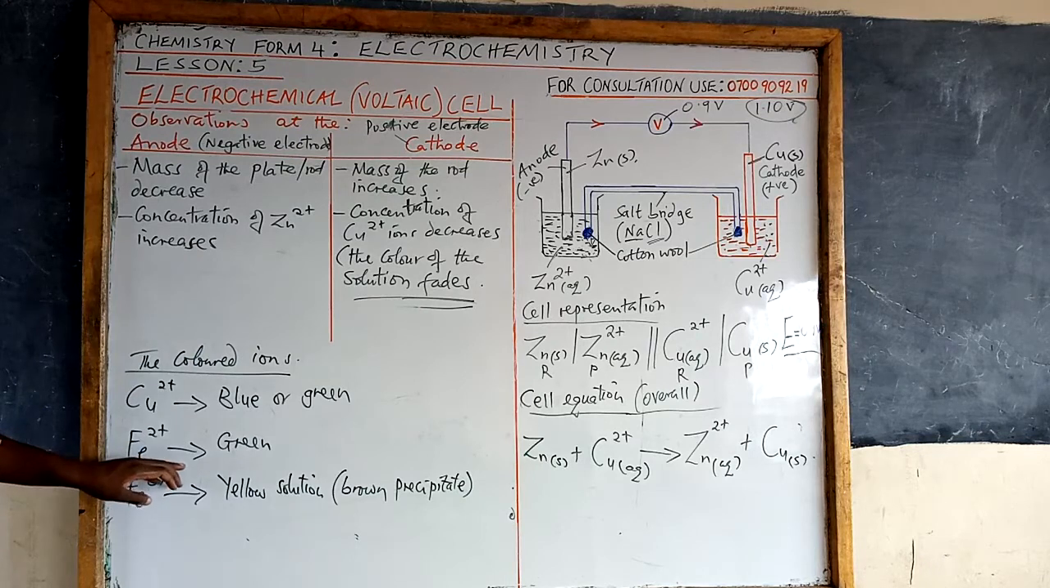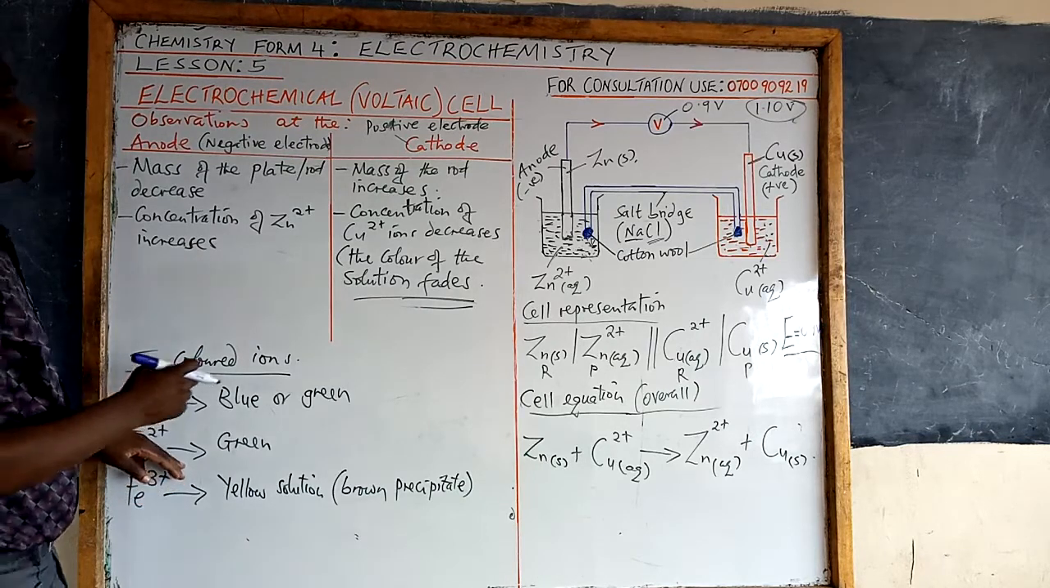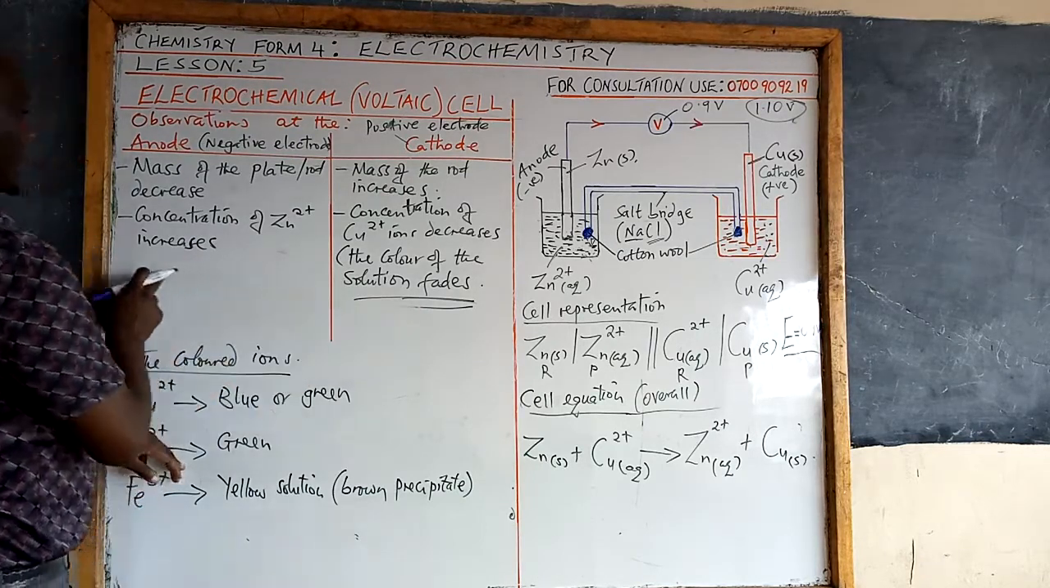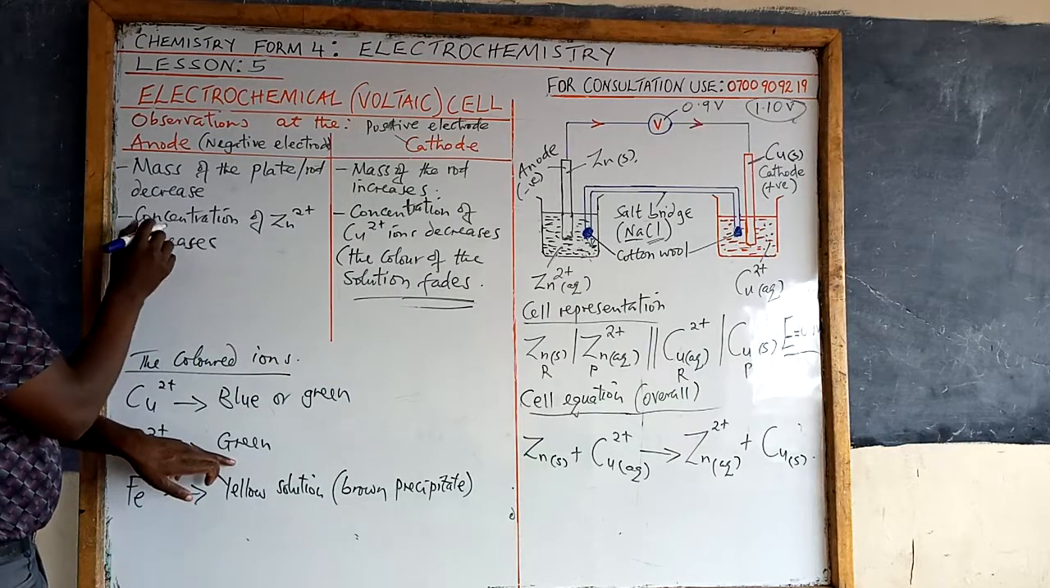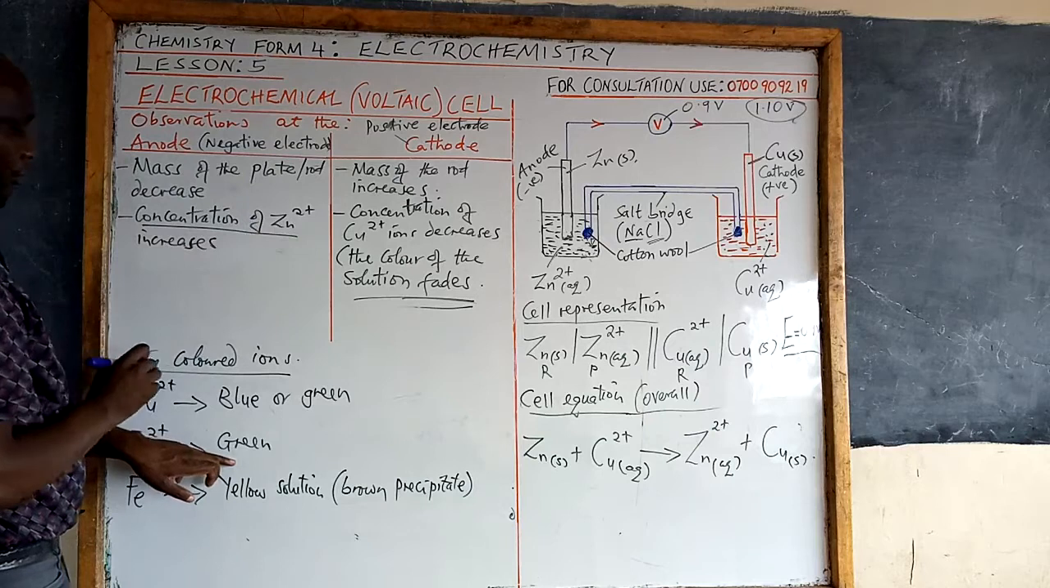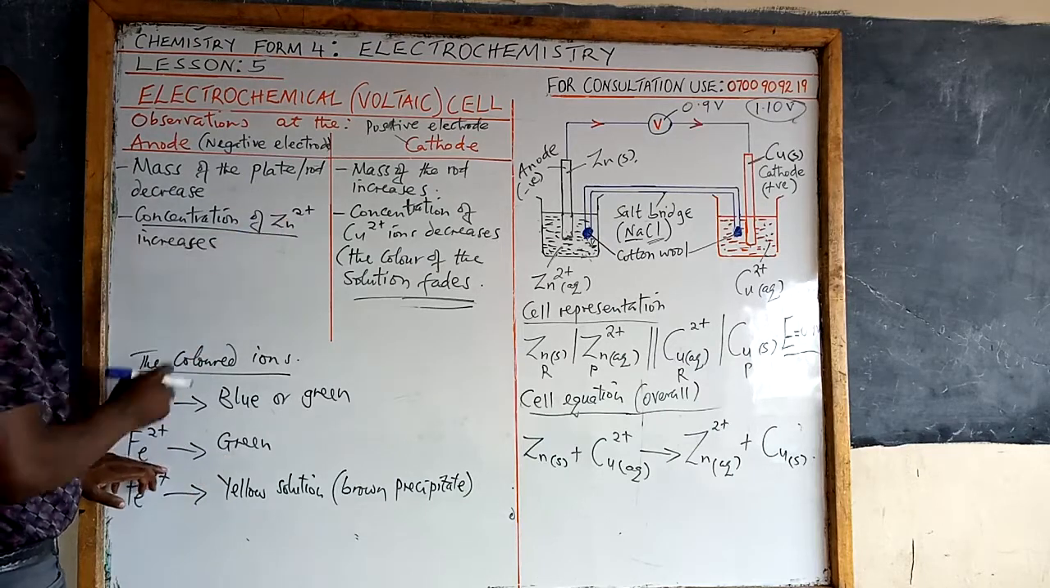Same for iron. Now, if you are using iron and here it is colorless, so remember the color of these ions will intensify because of the increase in concentration. Now, instead of zinc we are using iron,